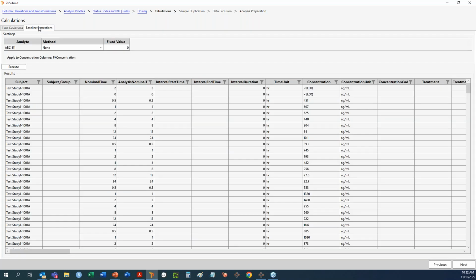So let's take a look at the baseline corrections. So for each analyte, I can set up different baseline corrections. And of course, baseline corrections are very useful if we are dealing with drugs which happen to also be endogenous molecules, for example, hormones, and we are needing to subtract baseline values from the values that are associated with the exposure. And so we have the ability to apply several methods to do that here,